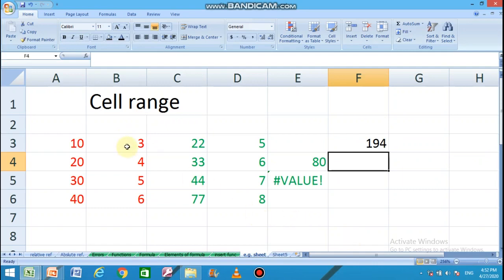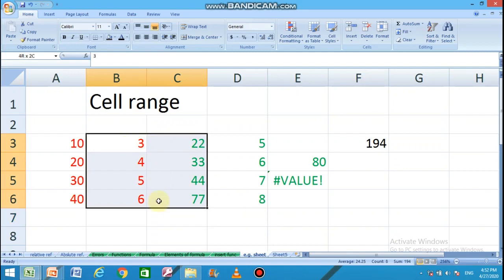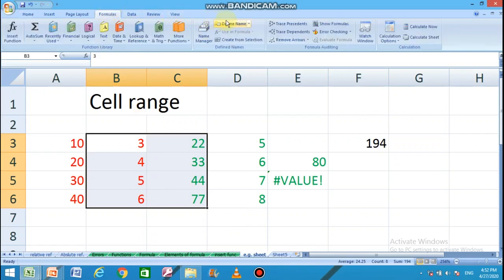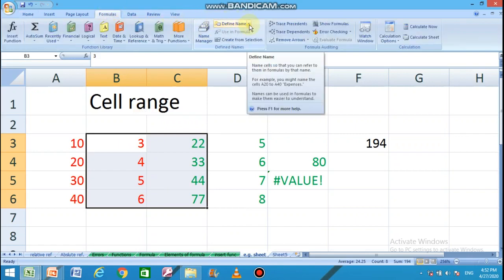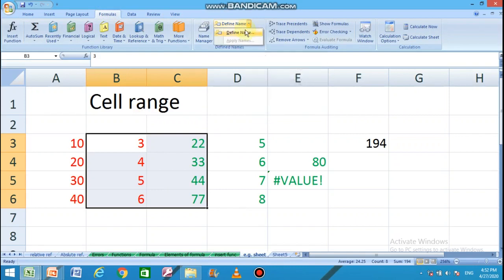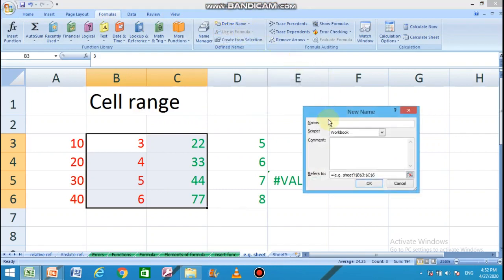You can also give a name to the range. For example, if you want to give a name to this range, you can select the range, go to the Formulas tab, select the command Define Name, and then give a name to the selected range. Suppose marks.